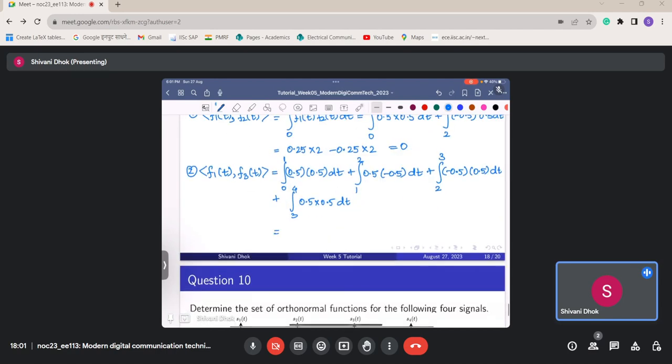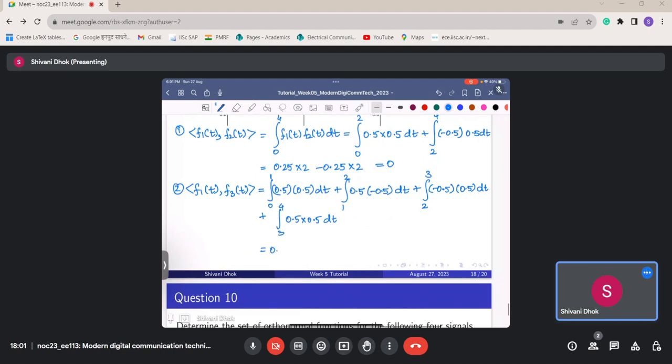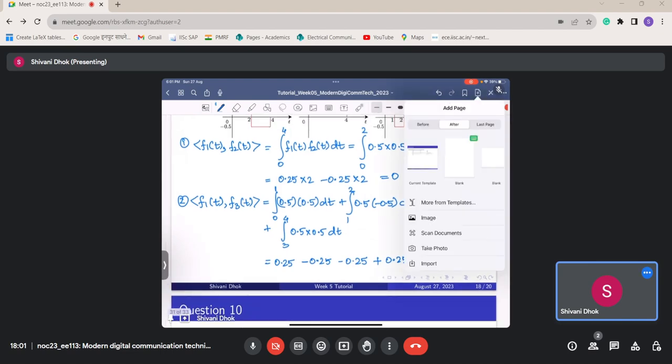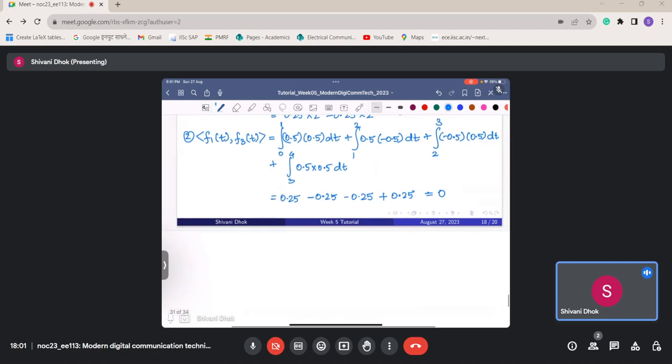So the first term here comes out to be 0.25 into the integral 0 to 1 dt, which is simply 1, minus 0.25 integral 1 to 2 dt, which is again 1, minus 0.25 integral 2 to 3 dt, again 1, plus 0.25 integral 3 to 4 dt, which is again 1. So this is again 0. Okay. Now let us consider the third one,